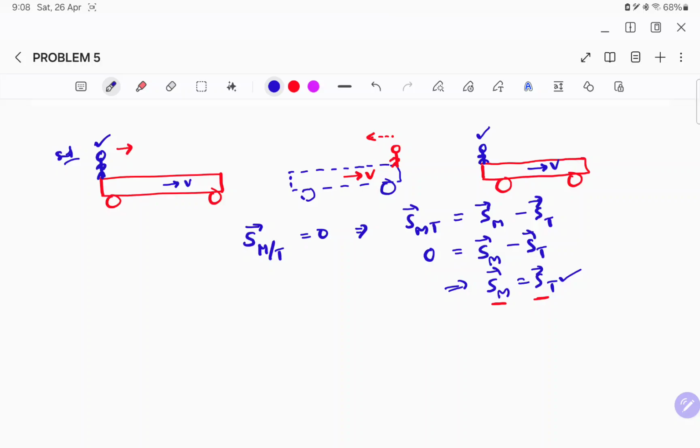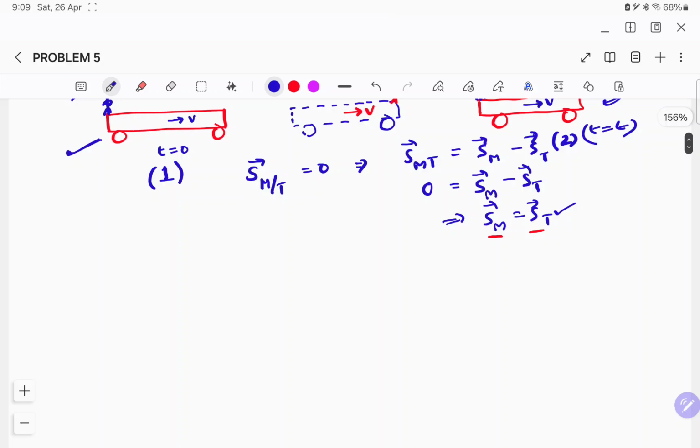Okay, now let us focus over the time taken to move from here to here. If it is t equal to 0, say here it is t equal to t, so this instant to this instant total time is t. How to find the time taken by the trolley to move from this place to this place, say location 1 to location 2? I can find here with the knowledge of t equal to relative displacement by relative velocity of man,